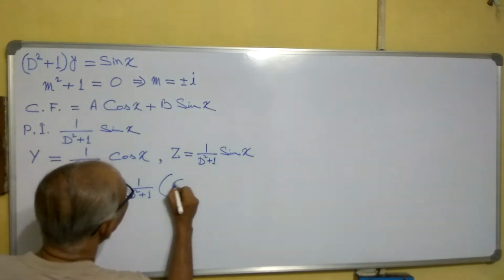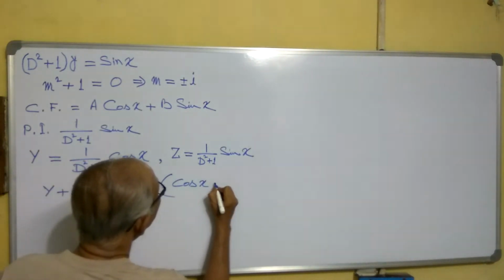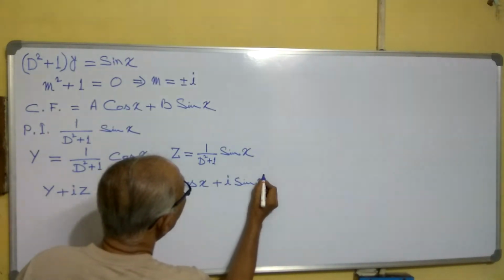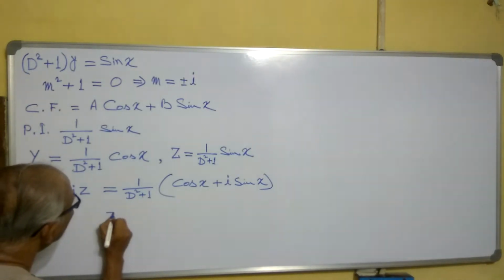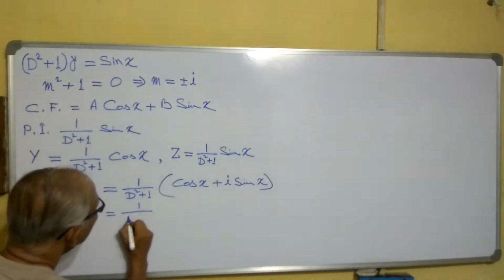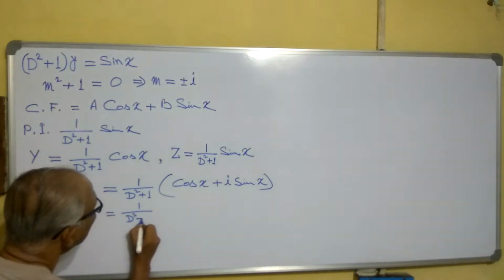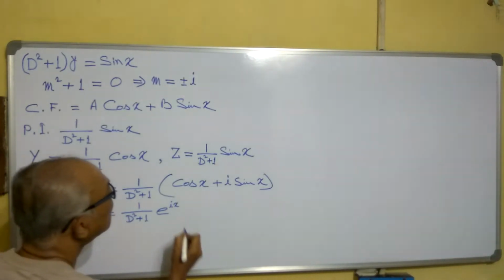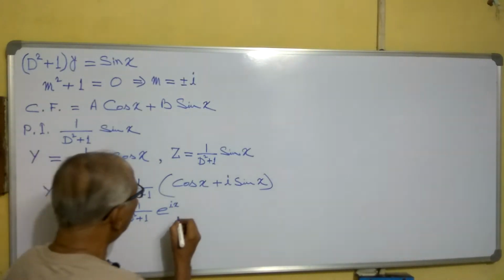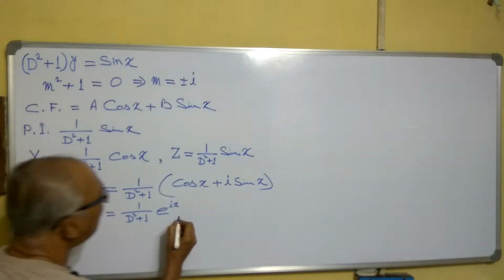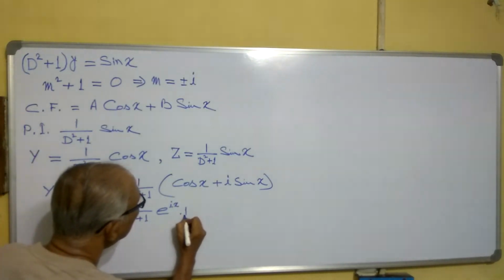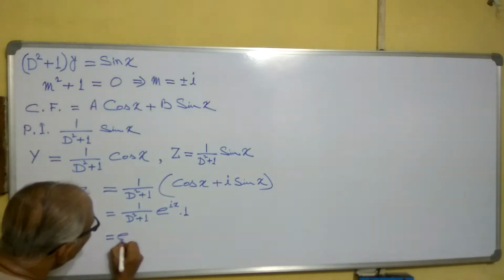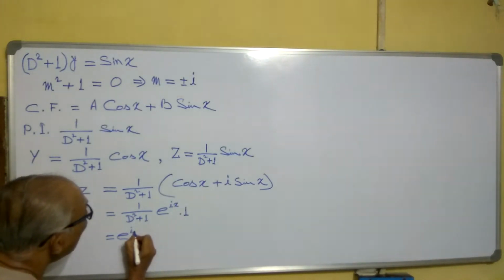We can write cos x plus i sin x. As you know, this we can write as 1 by D square plus 1 of e to the power ix. We can consider it as 1 by D square plus 1 of e to the power ix into 1. Then we can write it as e to the power ix